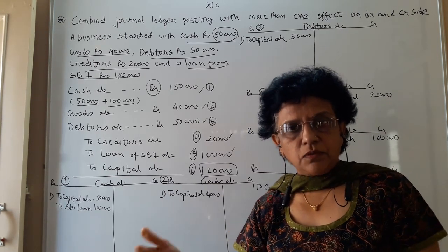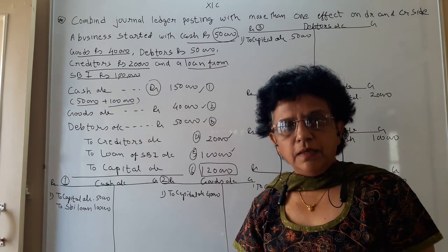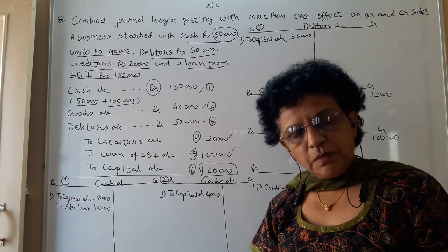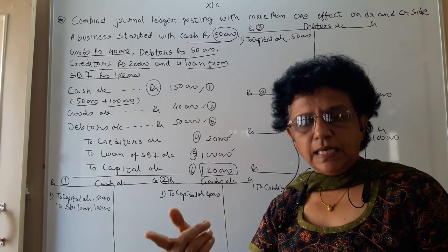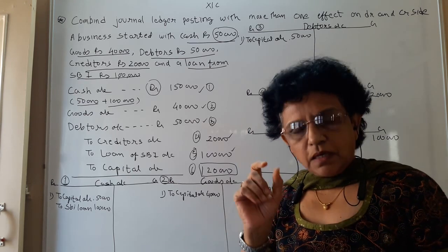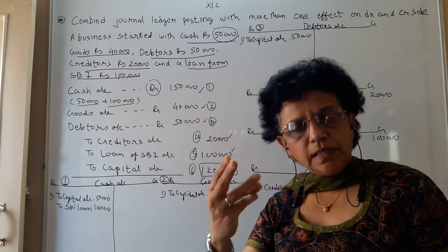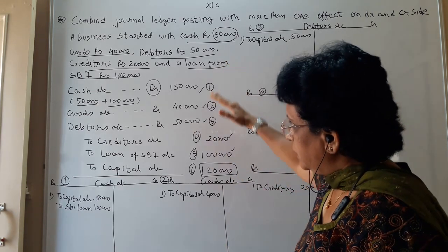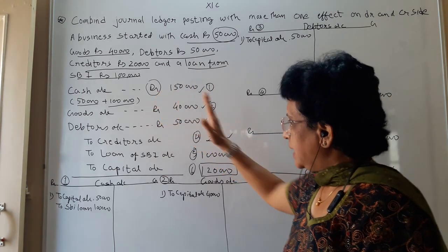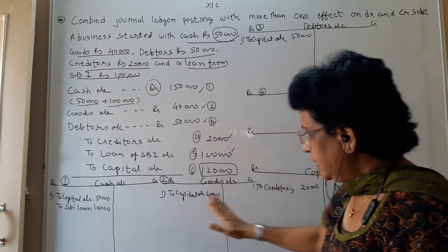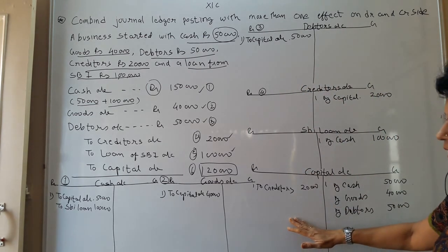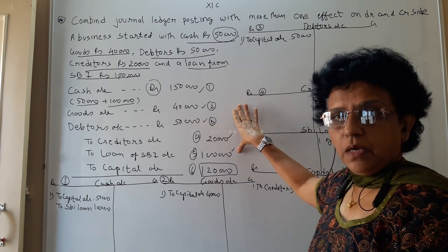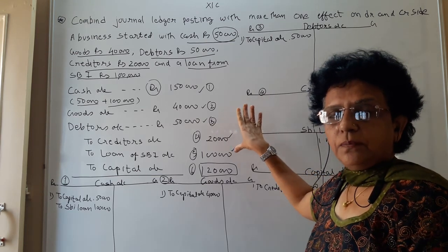From the next class onwards, we will do a complete example in which all sorts of journals will be there. We learned simple journal entry ledger posting in the previous class, and combined journal entry ledger posting in which only three accounts were there. Today we have observed how to do the ledger posting when you have more accounts on the debit side and more accounts on the credit side. This is a very special journal entry ledger posting, and you have to remember how the ledger is to be done.